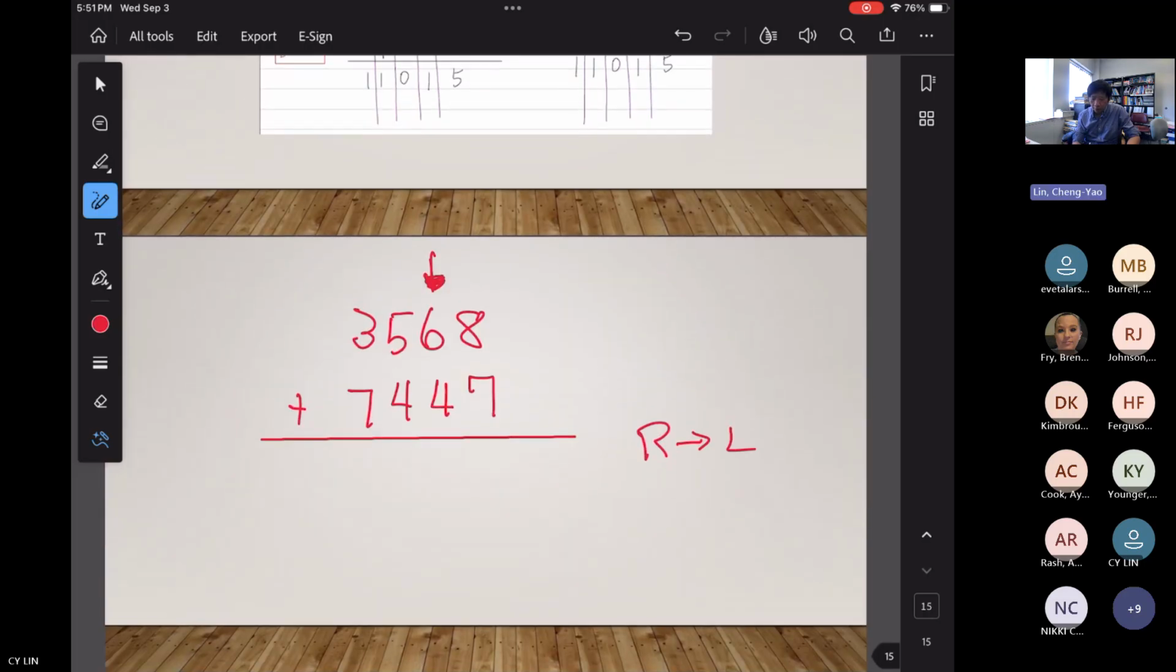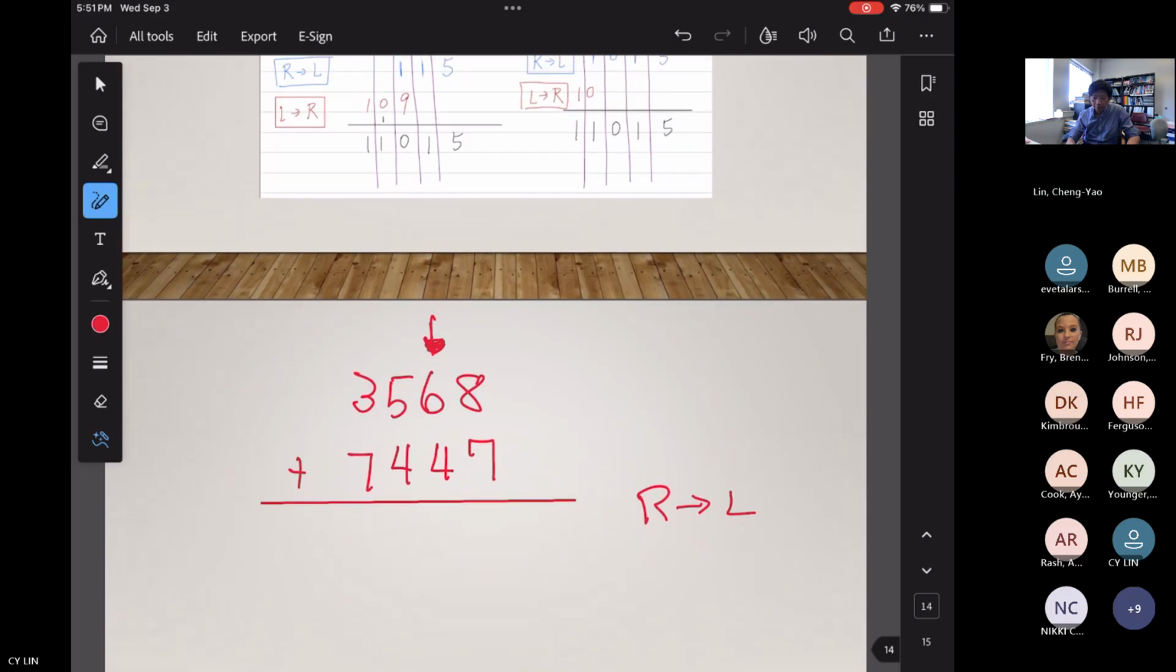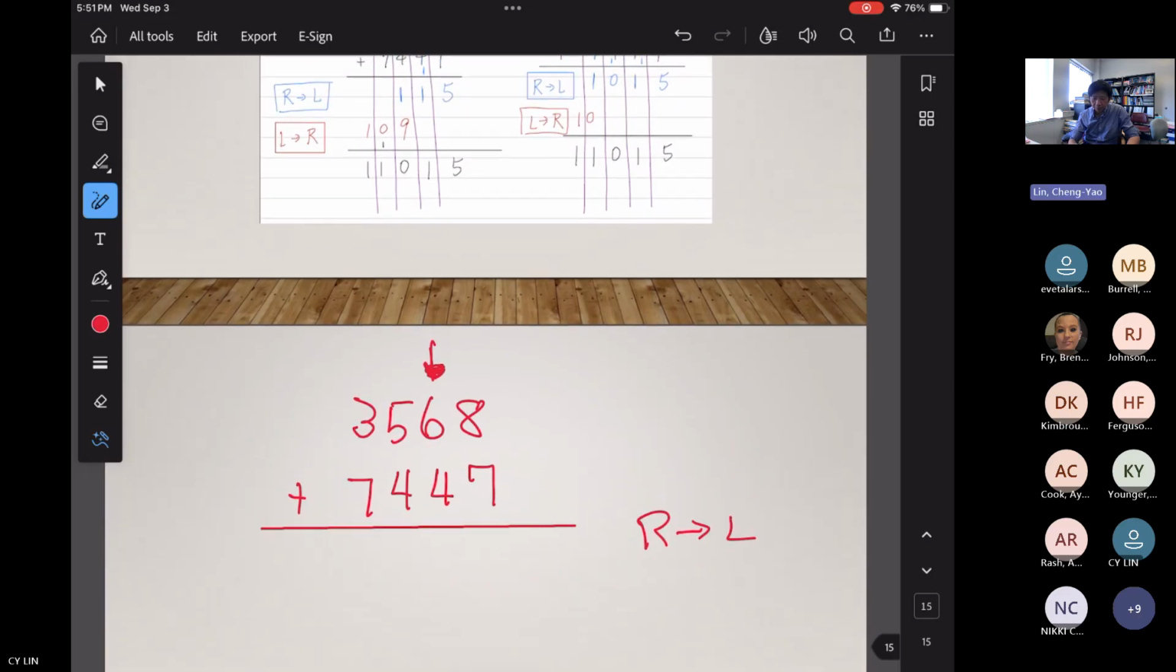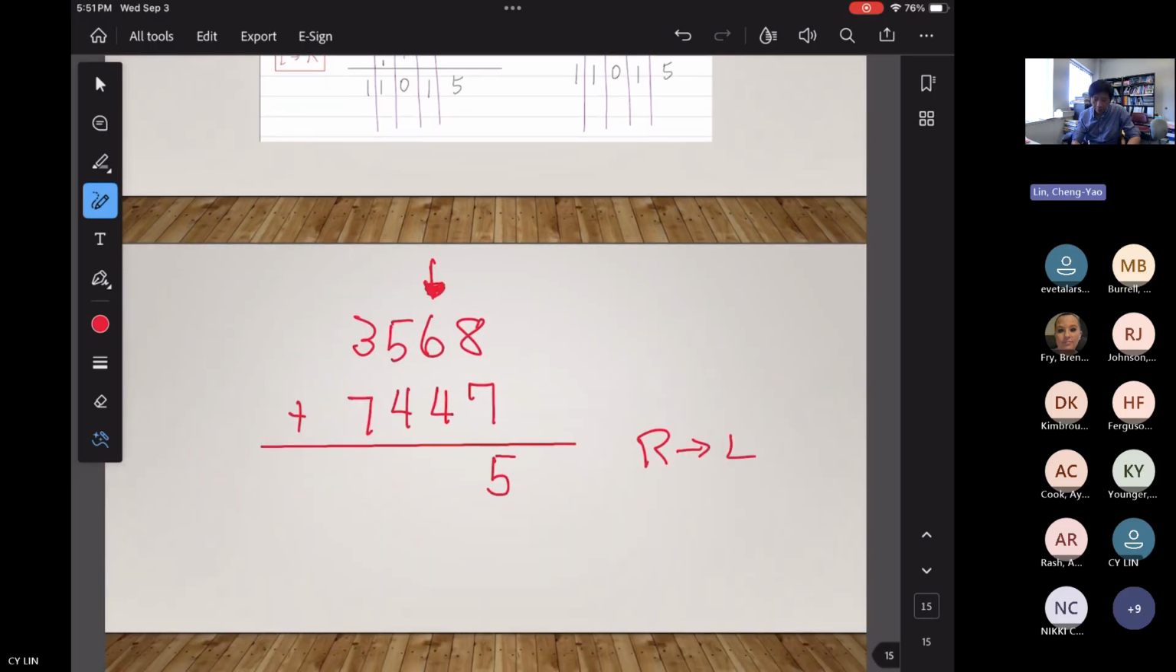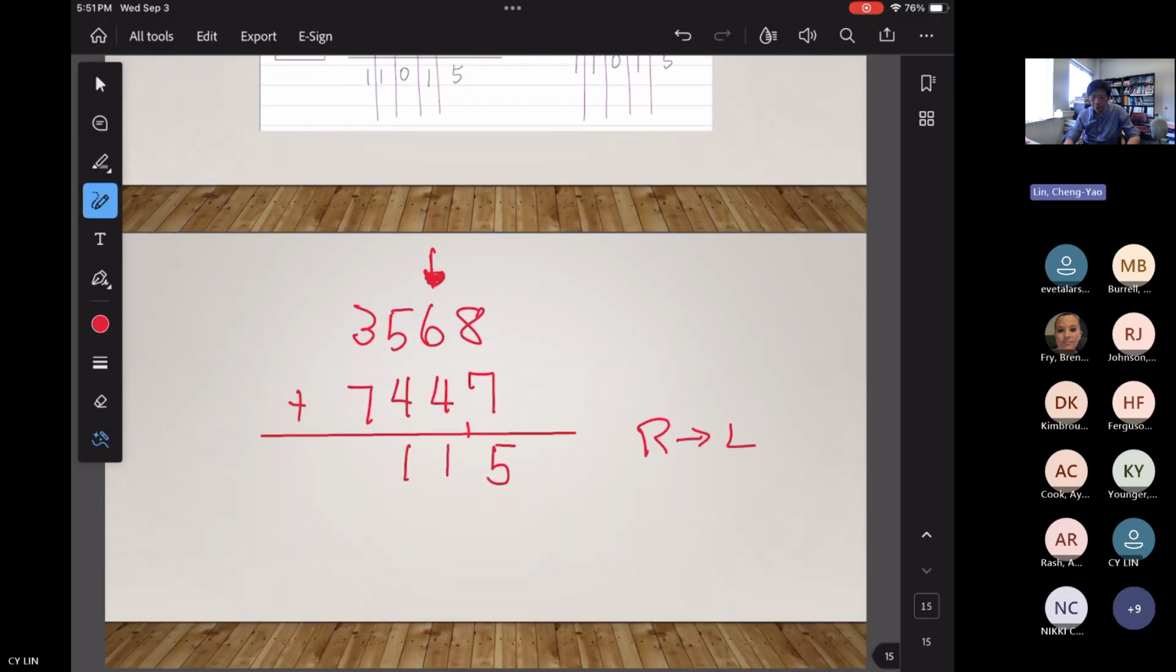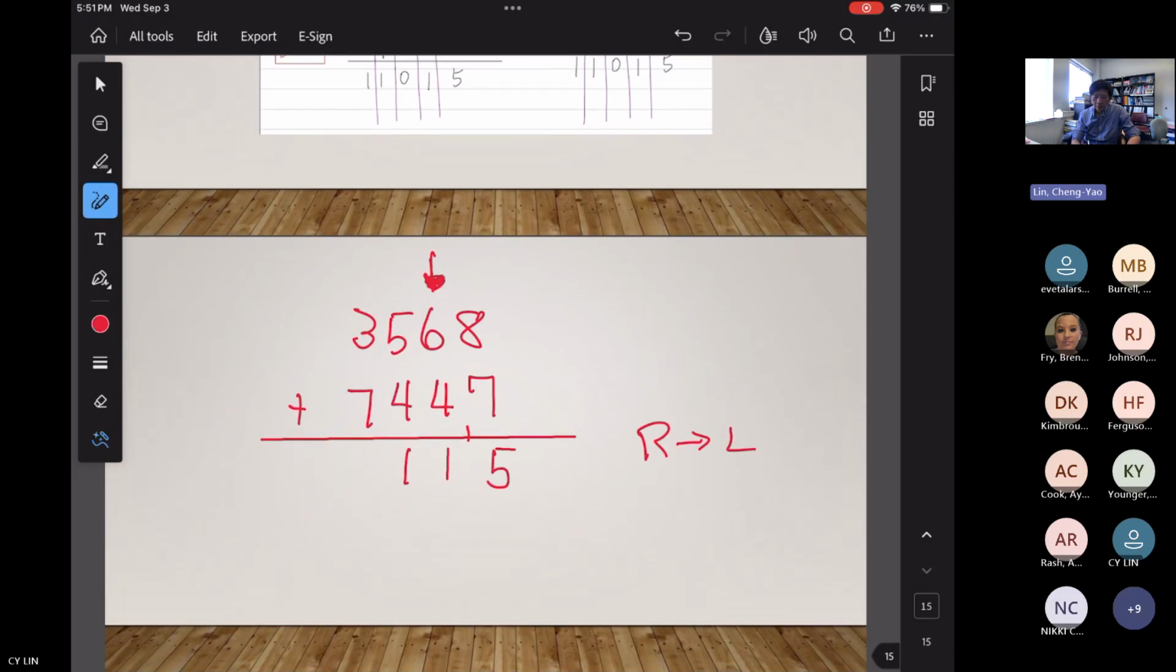So if I do right to left, then I have 7 plus 8 is 15. Carry 1. Yeah. 6 plus 4 plus 1 is 11. So I'll put on 11 there. Okay, 115 for this. And next, left to right,